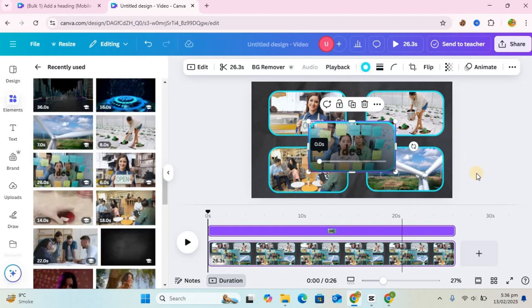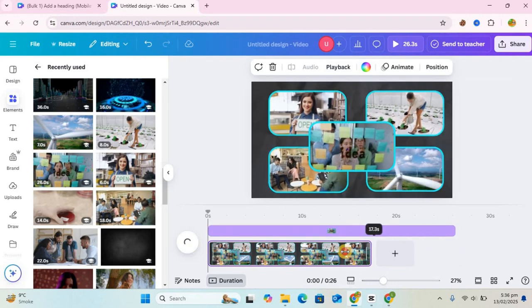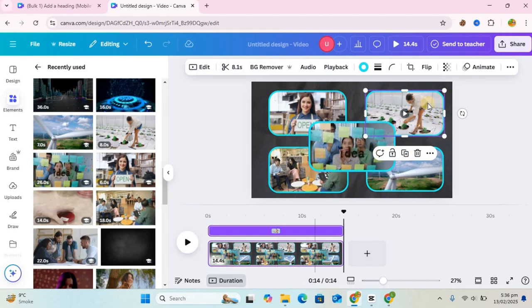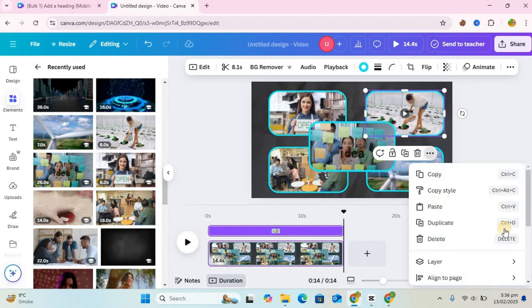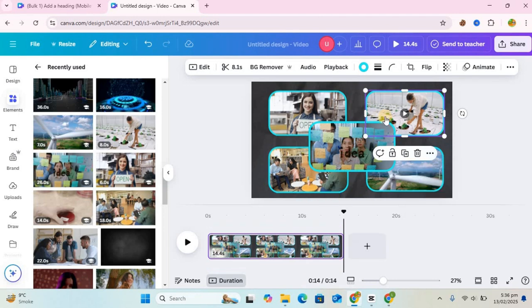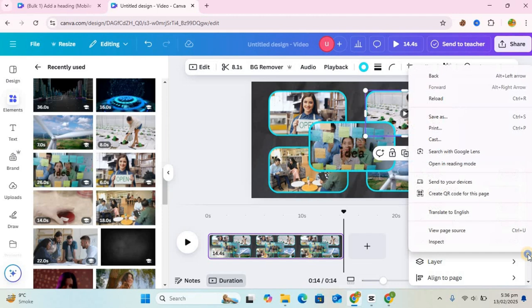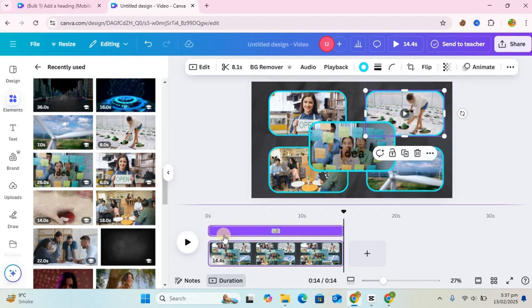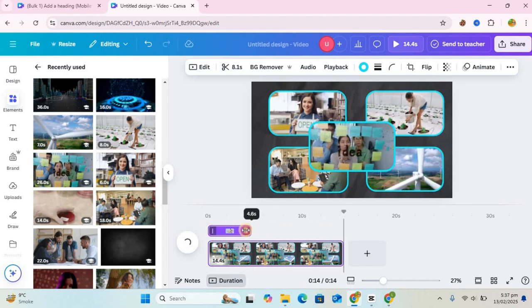Now I have to reduce the time and click on three dots. Here is a hide element timing option. I will show you how you can see the timing. Click on three dots, show element timing. The first one like this,